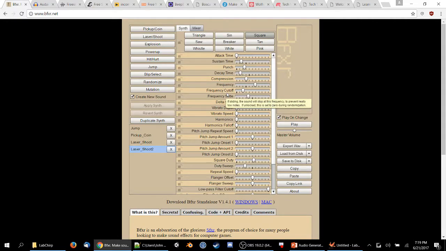Unless you know what you're doing, I wouldn't recommend messing with these, because I found that when I messed around with it too much, the sounds started sounding very murky, and they all sound like your computer is blowing raspberries, just to put it nicely. But if you want to increase the attack time, which is sort of,